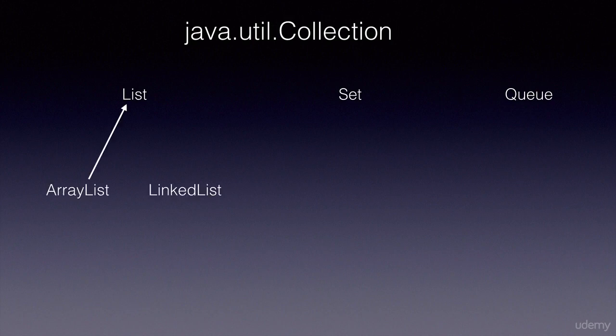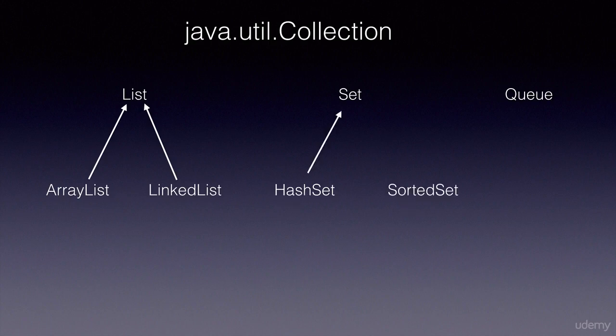Two key implementations of List are the ArrayList and LinkedList classes. You will be learning the differences between them and when to use which in lectures later on. Set does not allow duplicates. It is implemented by a class called HashSet. It has a child interface called SortedSet. The HashSet in turn is implemented by another class with a special functionality called LinkedHashSet. A LinkedHashSet maintains the order of elements which we add into it. So it will maintain the same exact order in which we put the elements into it.